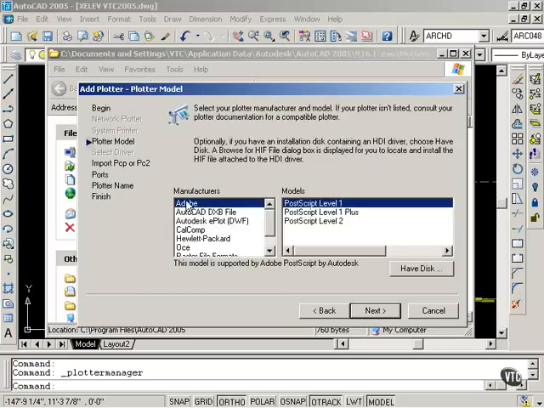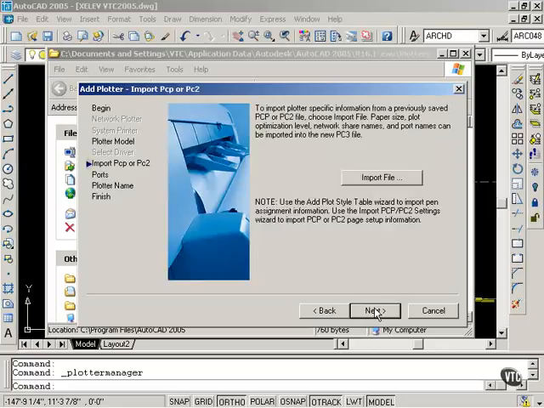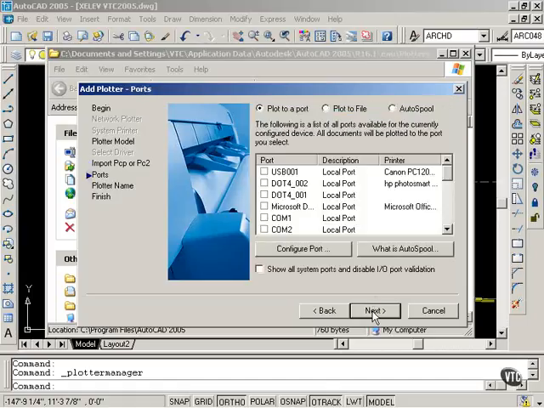The plotter model allows me to select Adobe as the manufacturer, and I will select PostScript Level 2 as my model. And I will now click Next. Reading the Import PCP or PC2 information, I'm going to leave this alone and select Next. I would like to select Plot to File. I want this to be an EPS file. I'd like to save it on my hard drive or on the server and be able to open it with Illustrator or Photoshop. I will now select Next,